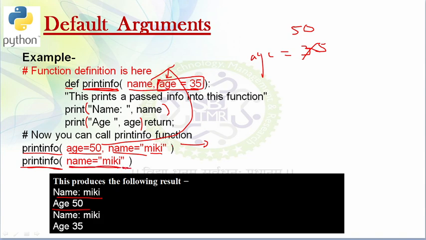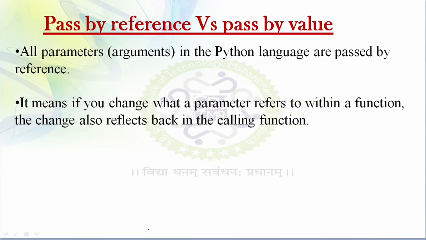Now second time when I call this function, I am passing only the name as Mickey. I am not providing the age value. So my name will be printed as Mickey, and since here no value for age is defined, by default the value for age will be taken as 35 and it will print 35 for my age. So this is exactly what the default argument is. A default argument is one that assumes the default value if the value is not provided in the function call for that argument. Likewise we can define many default values if we want to do so.